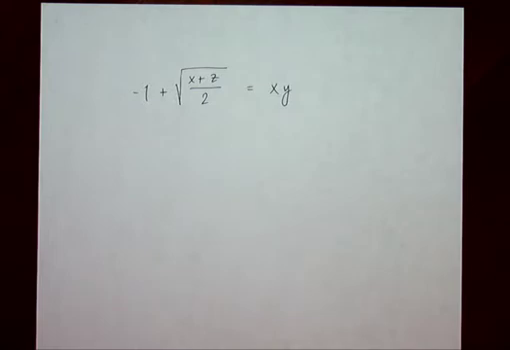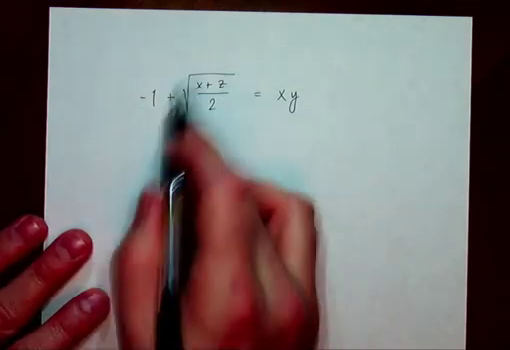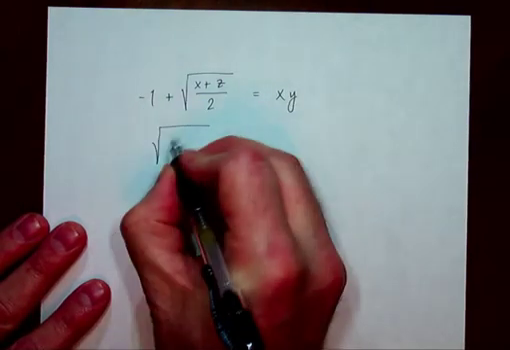Now, in order to undo the radical, I need to square. But before I square, I need to get the radical. I need to isolate the radical. If you remember radical equations,